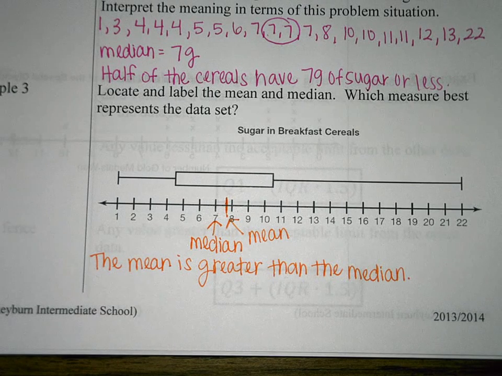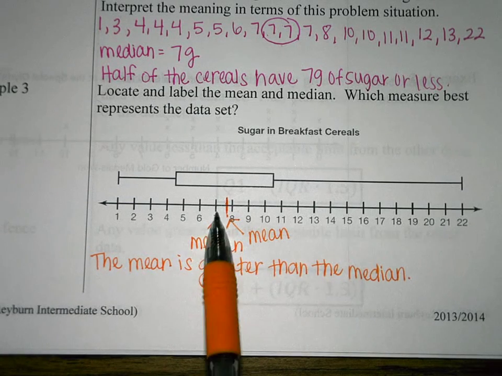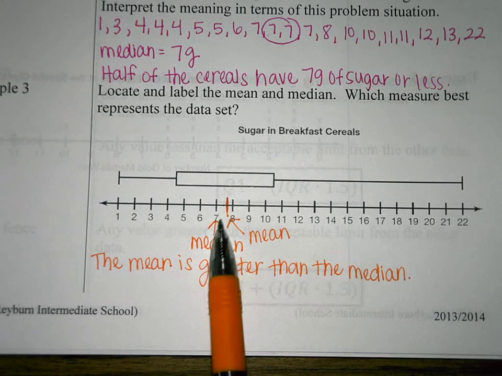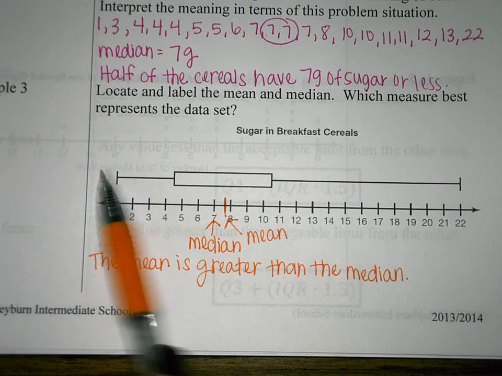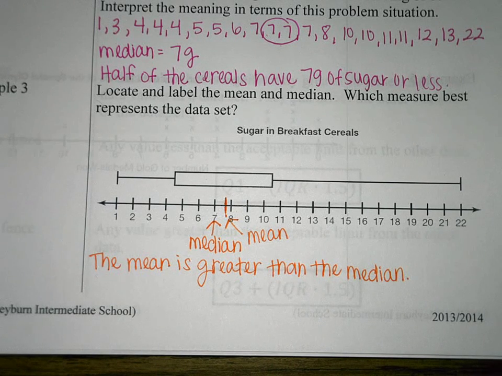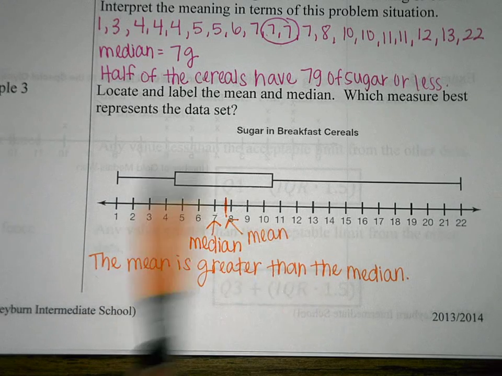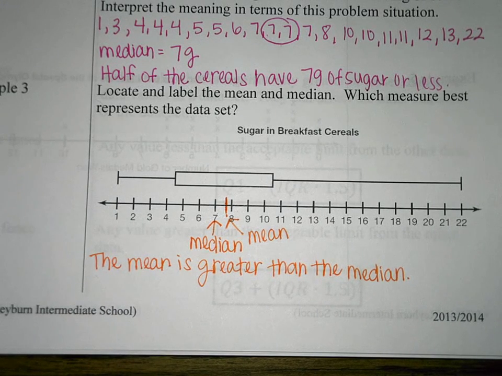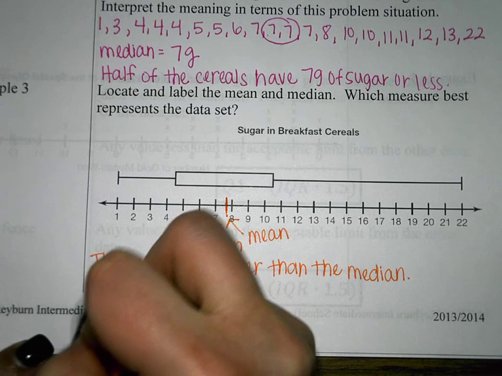So if we're trying to represent the amount of sugar that's most likely in a box of cereal, either between 7 and 7.8, if you notice, half of the cereals have 7 or less. And the mean tells us that on average, the cereals have almost 8. So because the data is so skewed to the right, most of the data is on the left. Because it's so skewed, our median is a better representation of how much sugar is likely to be in a box of cereal. So let's write, because the data is skewed,